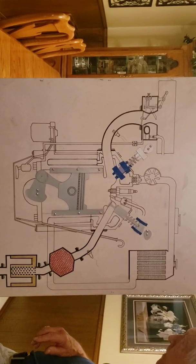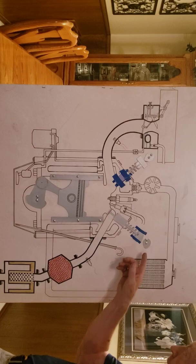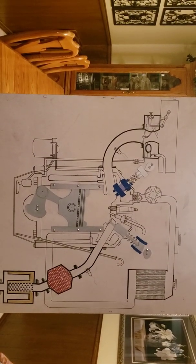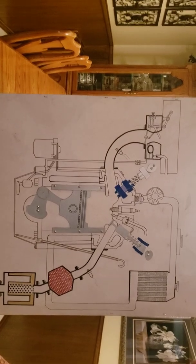Yeah, that's really nice. I think that's about it. And this here, I had a cam up there to show them what a cam looked like, which I don't know where it's at now. Could be anywhere. Well, that was in the